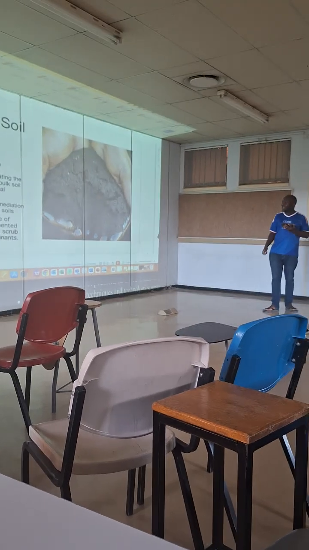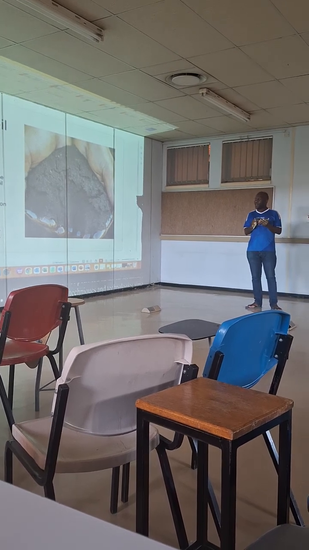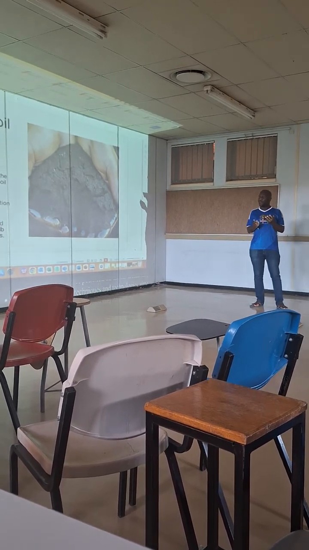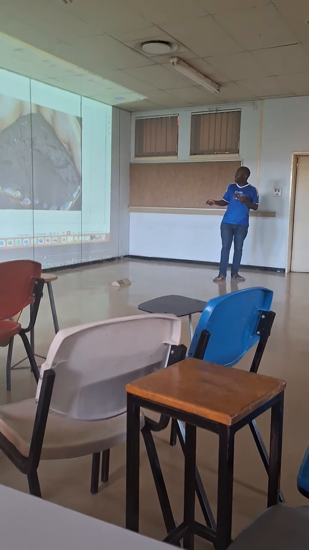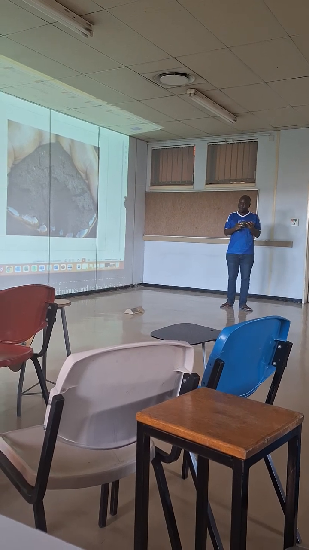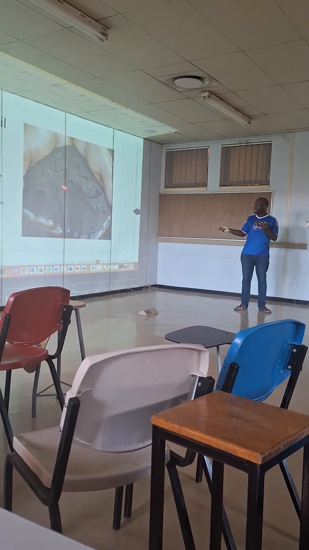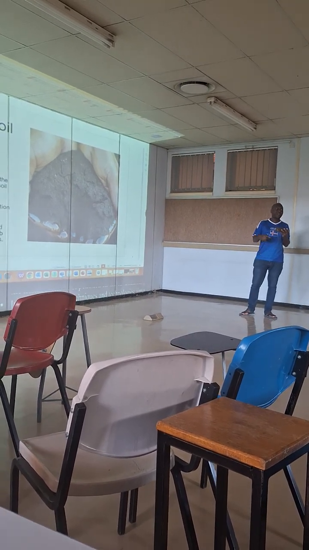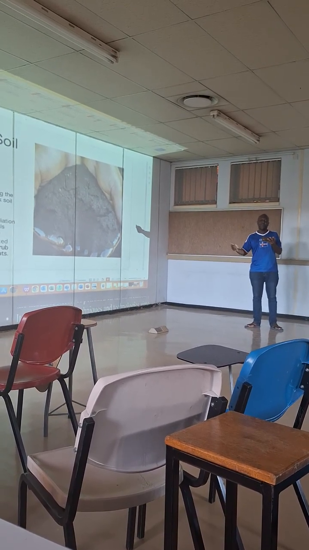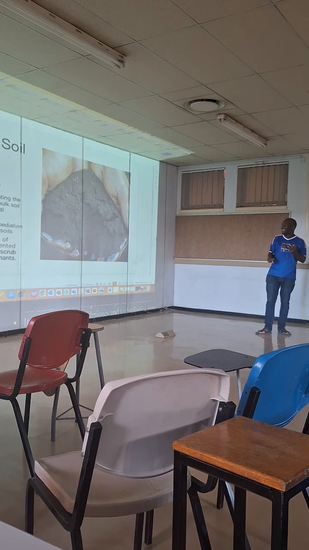So soil washing is a remediation technique used to clean up contaminated soils by separating the polluted soil from the good soil through physical and chemical processes. For example, in this case where we have oil contamination in our soil, we want to be able to take out just the unneeded parts of it while retaining as much as possible of the soil properties in their form. It's an ex